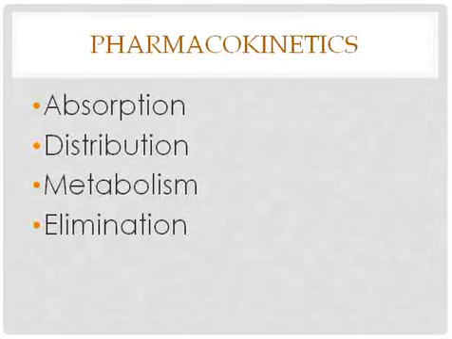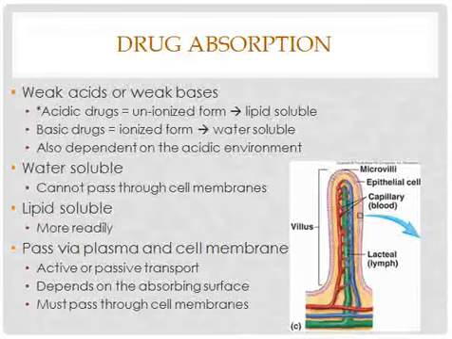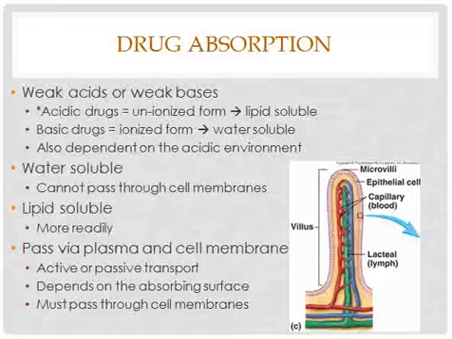Okay, so pharmacokinetics, we're looking at absorption, distribution, metabolism, and elimination. So we're going to go through each one of these. So for drug absorption, weak acids and weak bases. Most medications would fall under one of those categories. Acidic drugs tend to absorb better, especially when they're in their unionized form. It makes them more lipid soluble, and we need to be lipid soluble in order to get through the cell